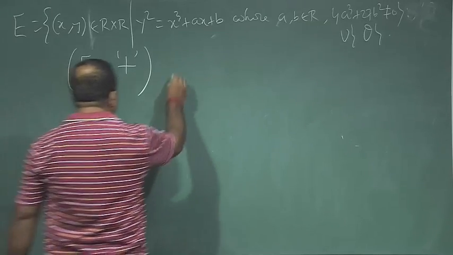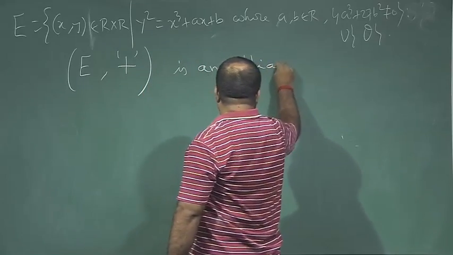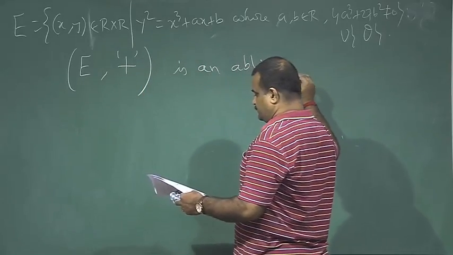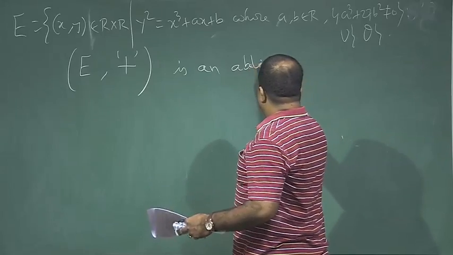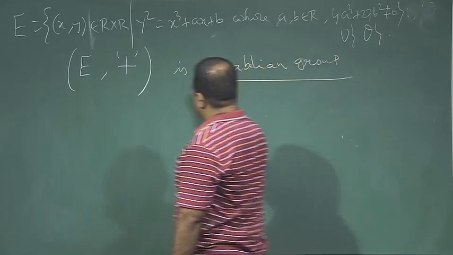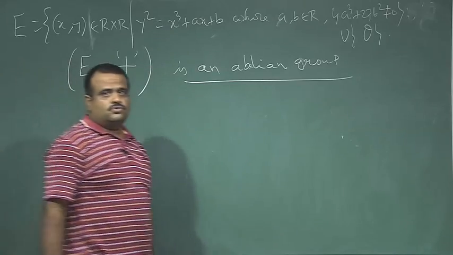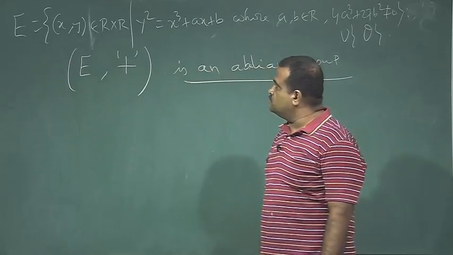So, it can be proved that this is an abelian group or commutative group. Okay. So, to prove that,